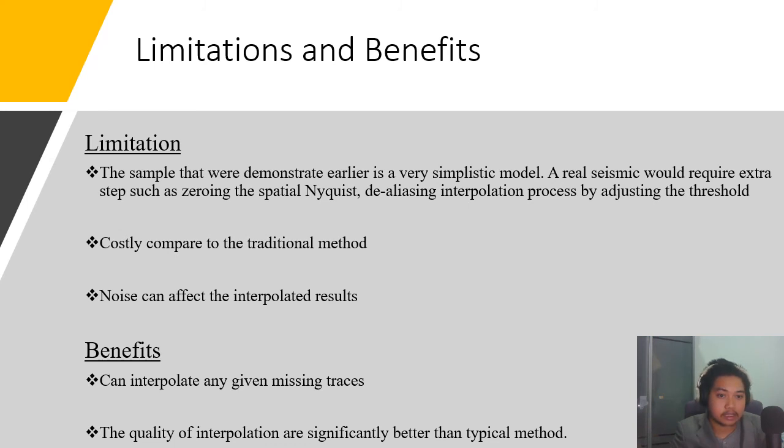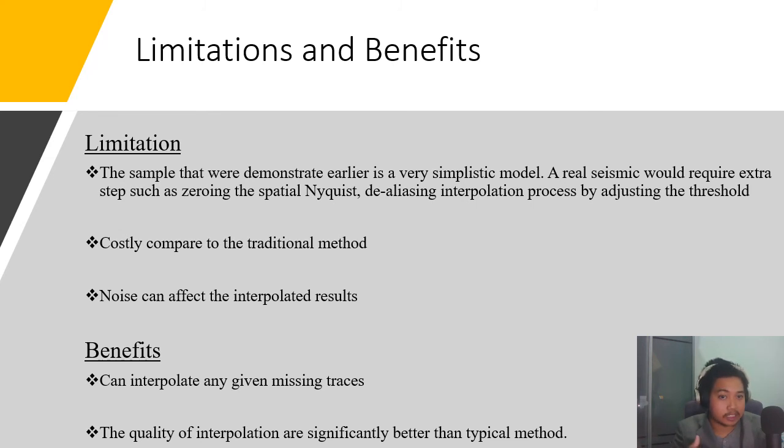It is synthetic seismic data. A real seismic dataset will require extra steps, such as zeroing the spatial Nyquist, before the interpolation process. What we have done earlier is for the sake of understanding the concept, but real seismic data will